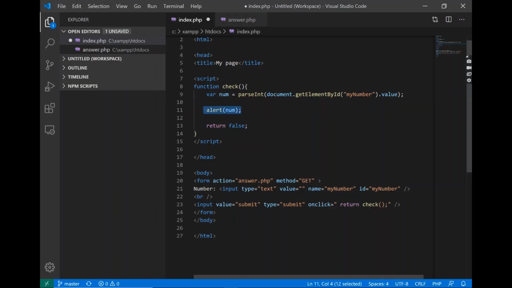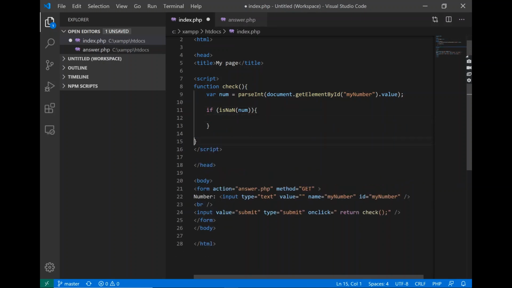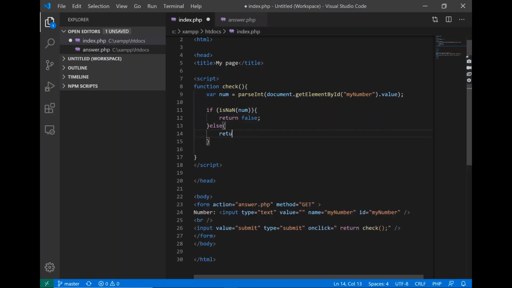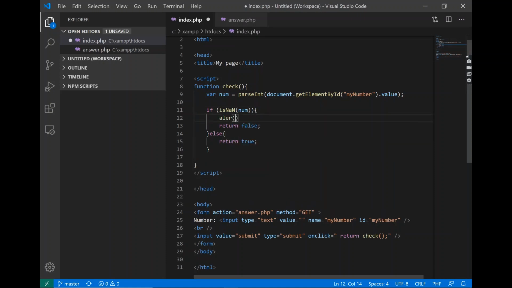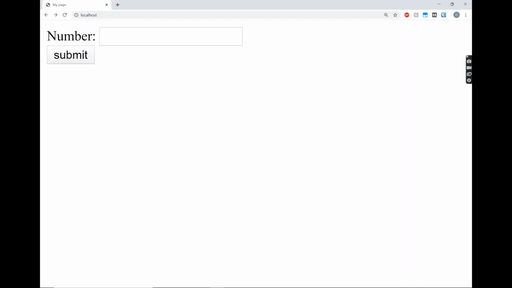So now we write if isNaN(num), we go ahead and return false. And then otherwise, we go ahead and return true. And over here, what we can write is an alert. We say invalid entry, if it really is not a number. Going back to our page, if we type in not a number, we get invalid entry. If we type in a valid number,